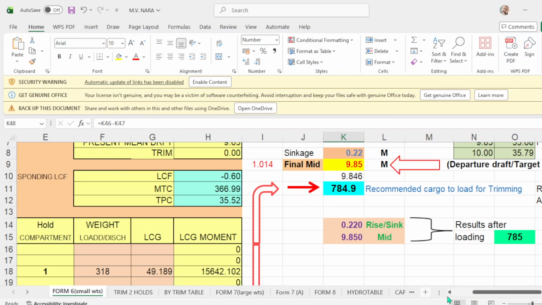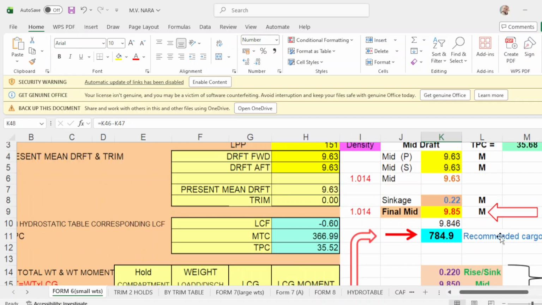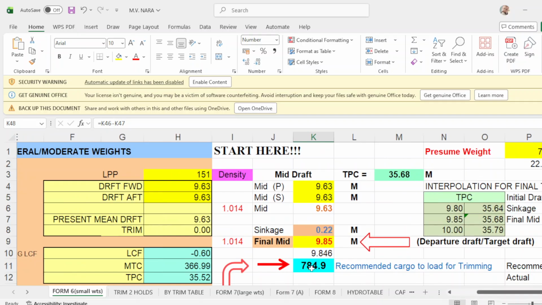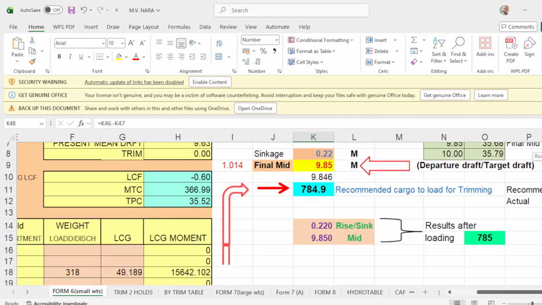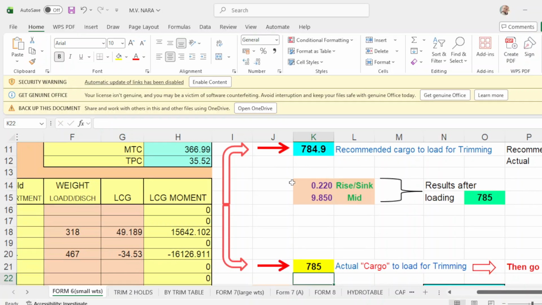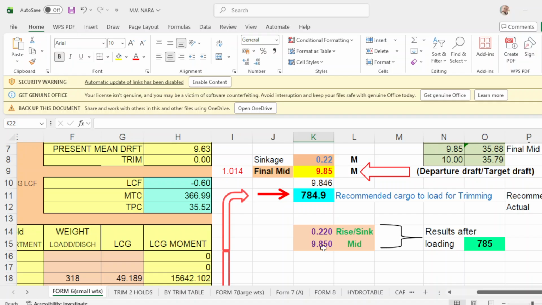We go for number 6. Okay, put your initial drop and your actual mid port and mid starboard. Then you put your departure drop of 9.85. Then you will get your sinkage, and it will compute your remaining cargo to load for trimming, which is 785. Just follow the arrow here. Put 785. After loading 785, your final departure drop mid will be 9.85, which is the same here, and your sinkage is